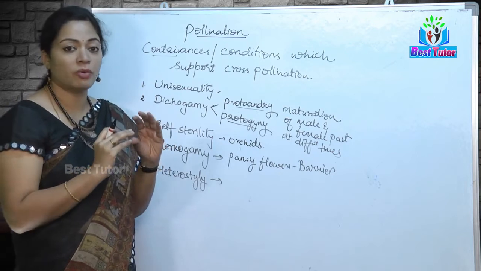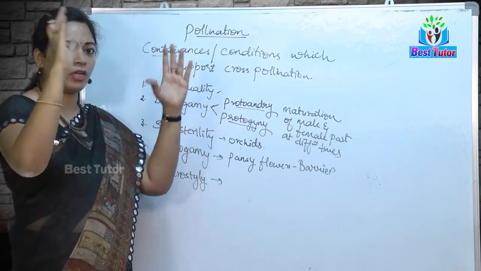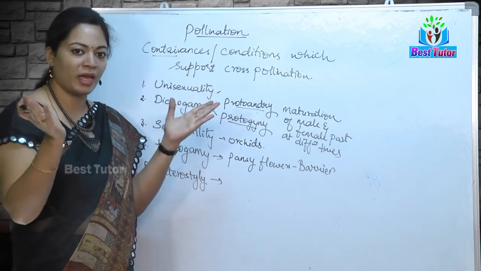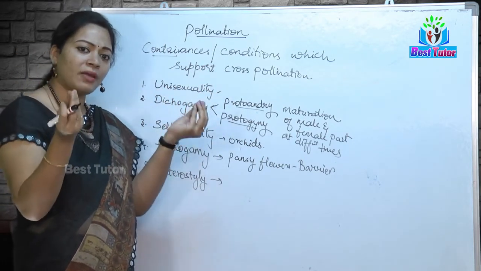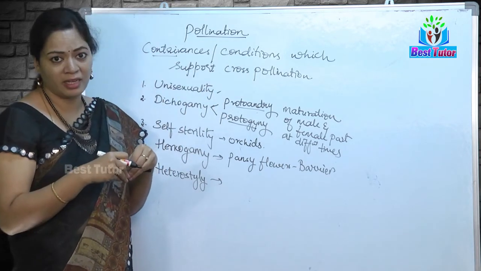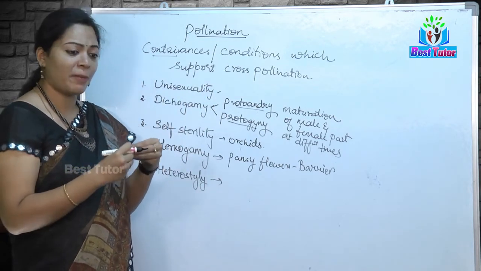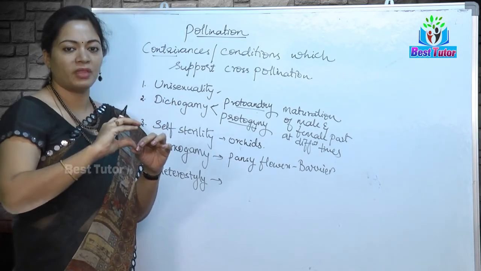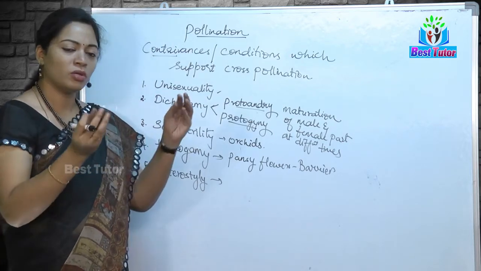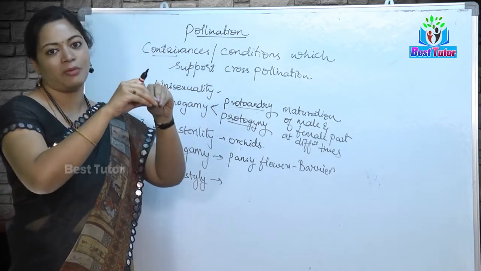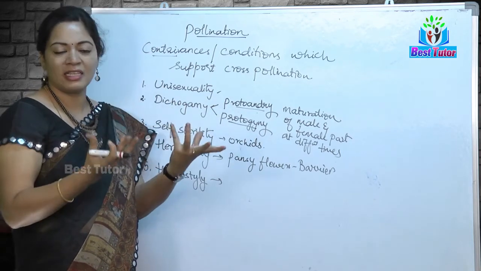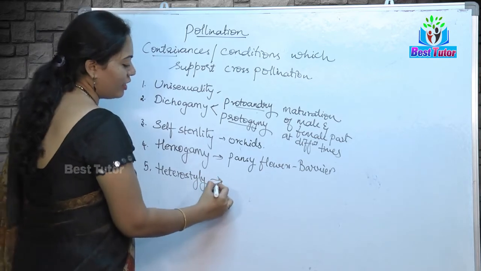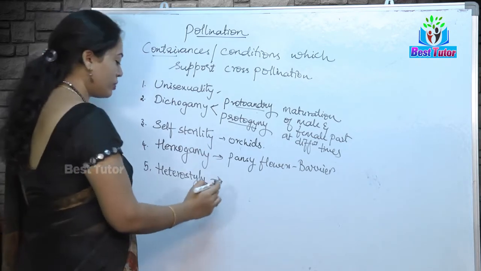Maybe gynoecium is very short and the androecium, or the stamens, are very long and they are outward to the flower. They are exposed to the atmosphere in an outward manner. Then the possibility of pollen of the same flower falling on the gynoecium might be very negligible. At the same time, it happens that anthers, or the stamens, are very short and the gynoecium is very long. The style is very long. In that case also, the pollen may not reach the height of the stigma. So there is less chance of self-pollination. So that is also one condition why the flowers go for cross-pollination.